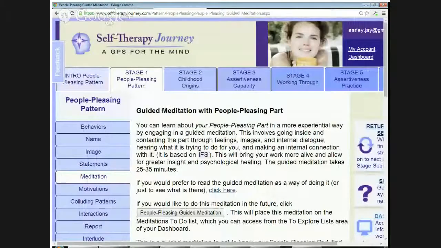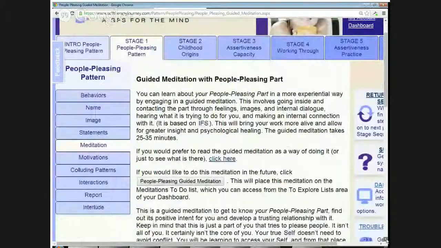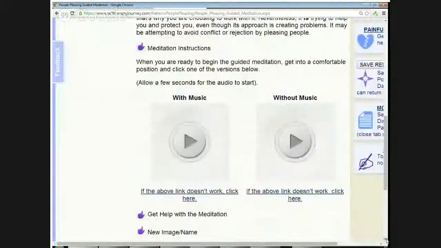And then the next stage is you go to a guided meditation where you're going to actually go inside, and either with or without music, you're going to spend some time actually getting to know the people-pleasing part of you, establishing a connection with it, finding out what its fears are, what it's trying to get for you by pleasing people, and